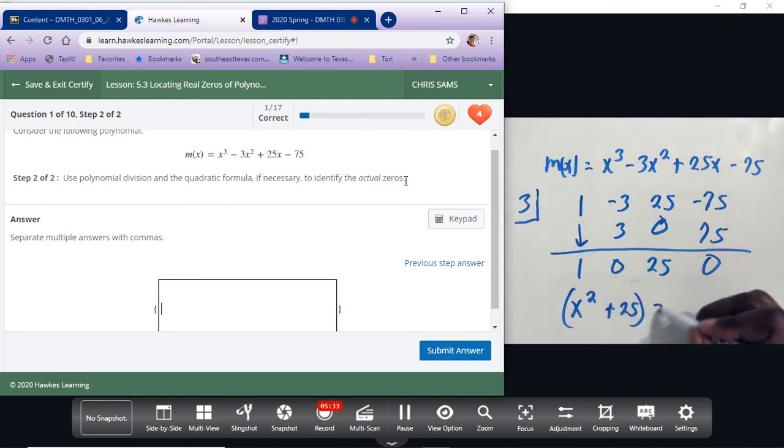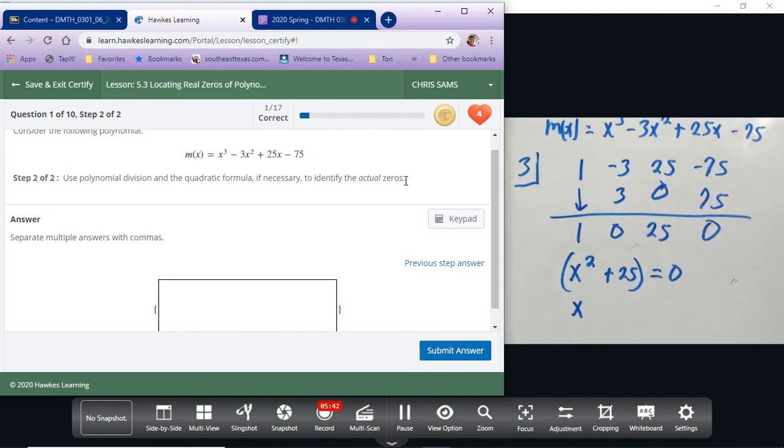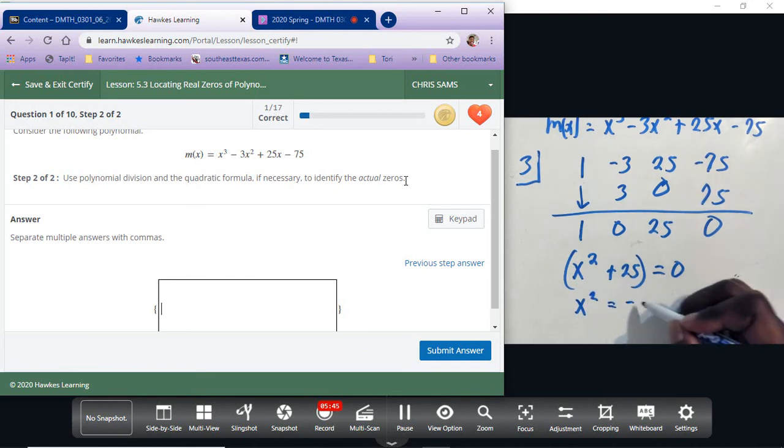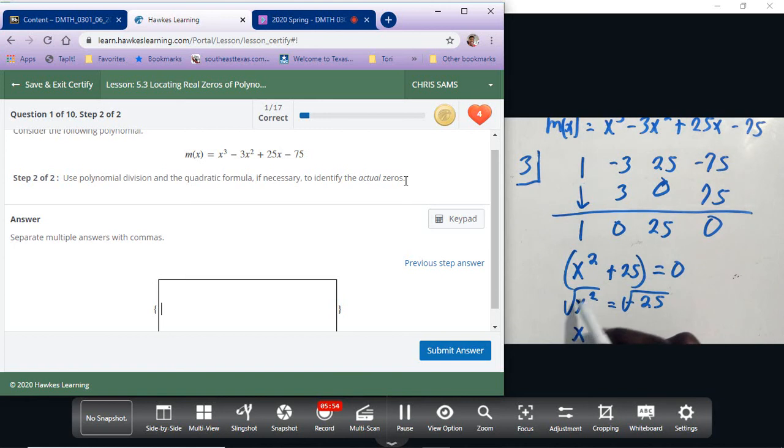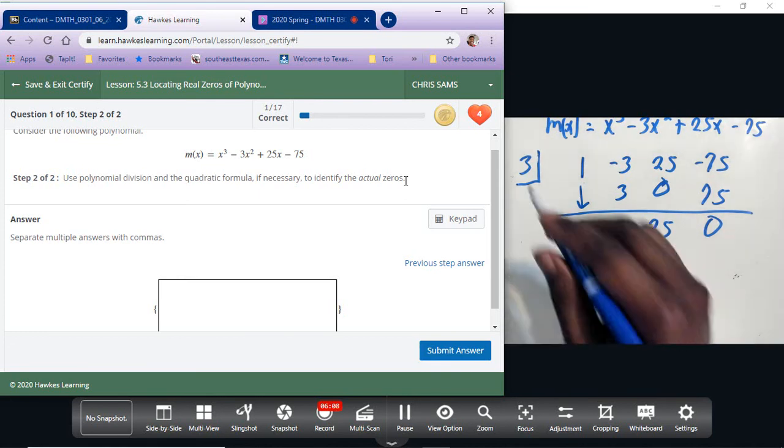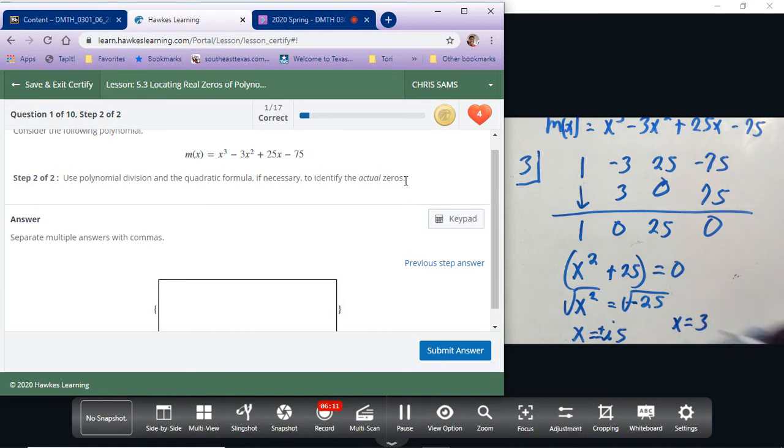So one number is 3, and then I'm going to solve this. We would have to subtract and move 25 over. So we have x squared is equal to negative 25, and then we would take the square root of both sides. With the x squared, we end up with x, and then we can't take the square root of a negative, so it becomes imaginary, and the square root of 25 is 5, so 5i plus or minus. Got to remember that when we take the square root. So the three terms are x equals 3, and then we have positive 5i